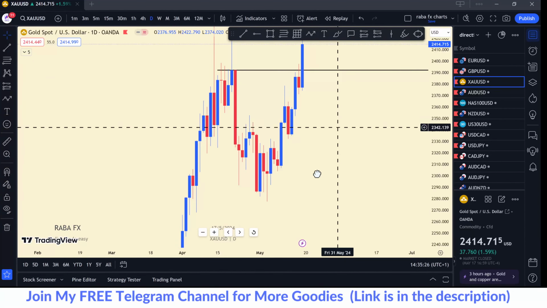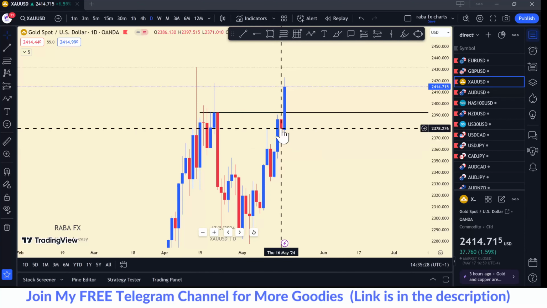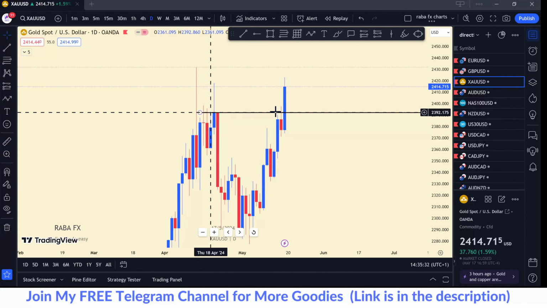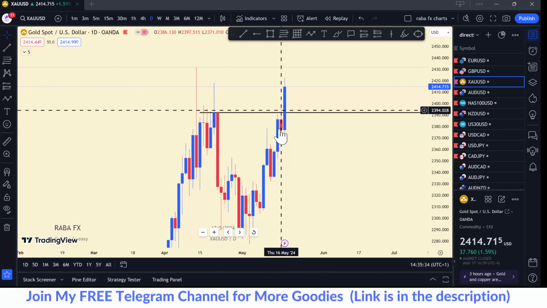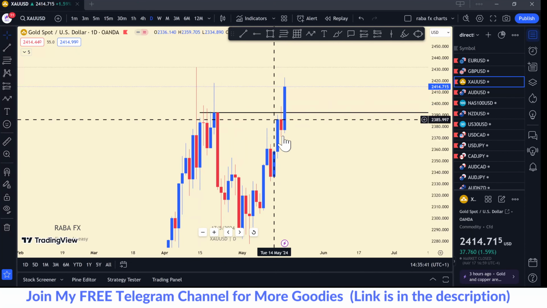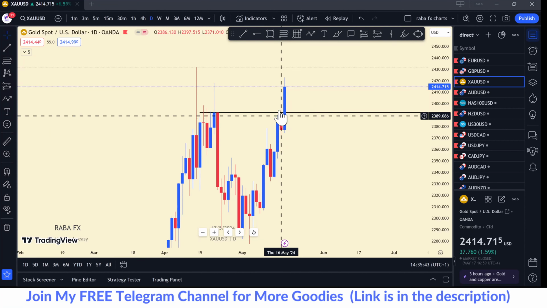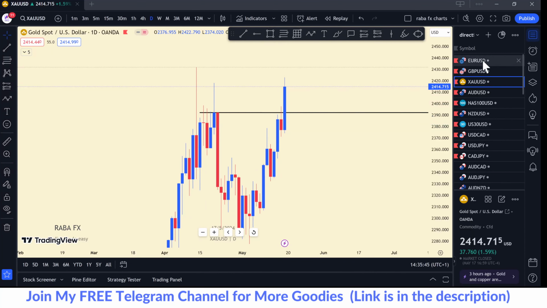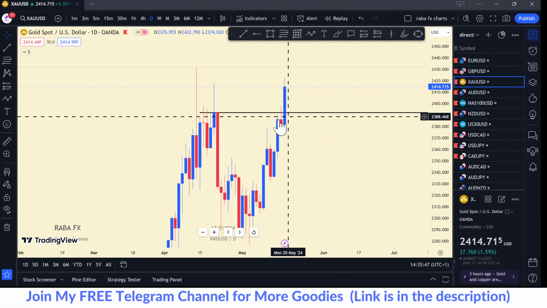And if you can see on Thursday, look at here. When price came into that level, what happened? It traded in and then it went down. Okay, that is the move I was watching for. But for me, I didn't take that trade. Okay, maybe I wasn't exactly looking at it, or I was already in the Euro USD trade and I didn't want to expose another trade